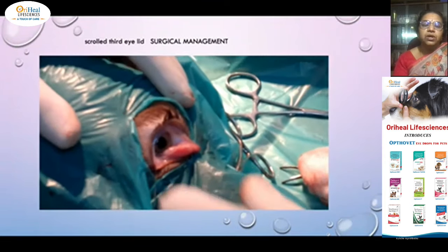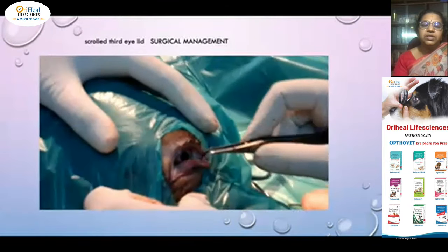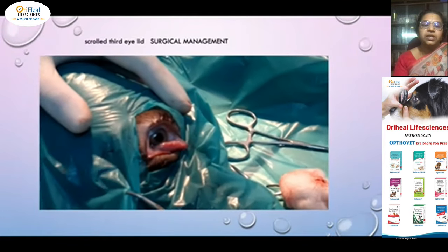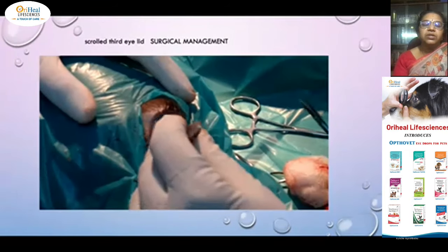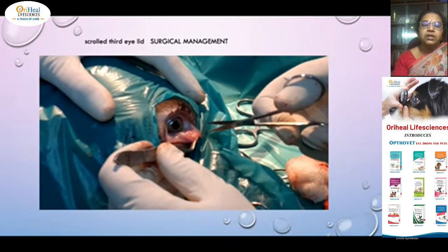So now you are going to make an incision by holding the third eyelid onto the bulbar conjunctiva and try to take care of the cornea at the same time. The beginners can always cover the cornea with a moistened piece of cotton. Now the